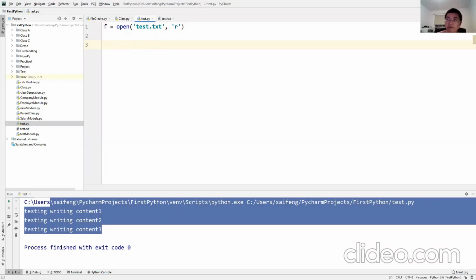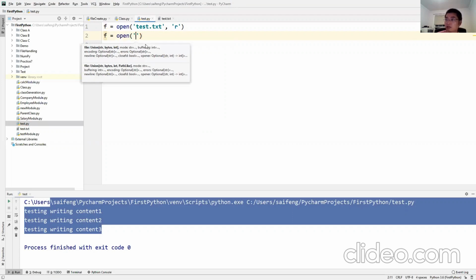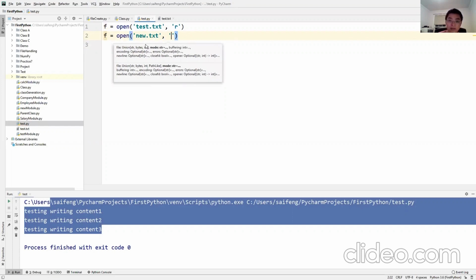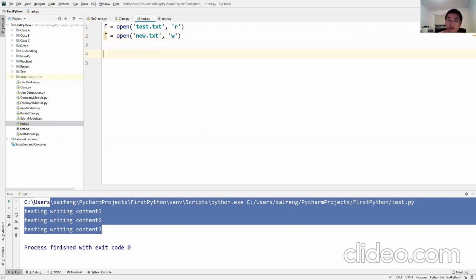Now you need to create a new file. We can call that new.txt file. You need to write to it, so you put a write mode W. Now I want to copy everything from the test.txt to the new.txt. What should I do?